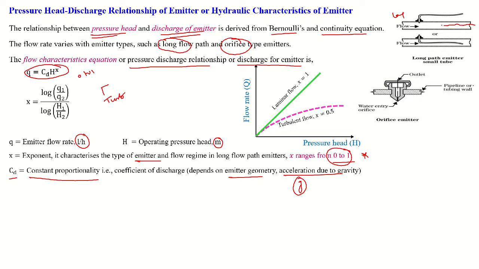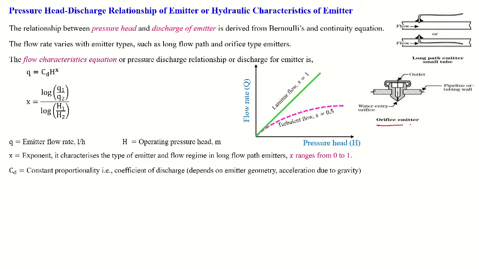The flow comes throughout the length of the wall, and pressure reduces due to the smaller diameter, and the water hits the wall because there is high friction. Only water moves to the outlet of the emitter. Same thing, this is the orifice type emitter, where the water enters at this entry point from the lateral, and this is the outlet point. The water moves throughout this entire path. The path is very small, but the length of travel is a little more, and in this condition the flow may take place in a tortuous path. So this is called your orifice emitter.